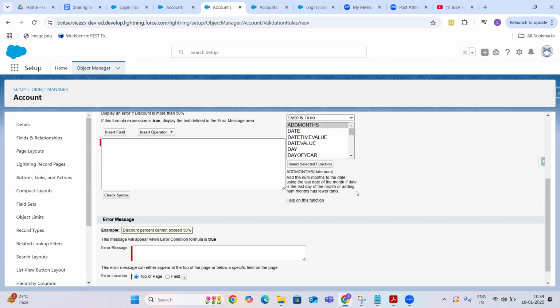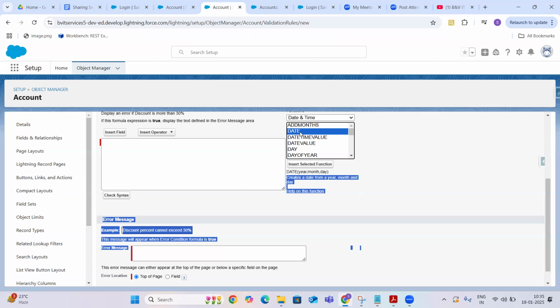Say today is 18/1/2025. For add months, here I give the date field, and here I give how many months I want to add to this date. If I give 2, I'll get the answer of March 18th, 2025. Like that, each and every function works.